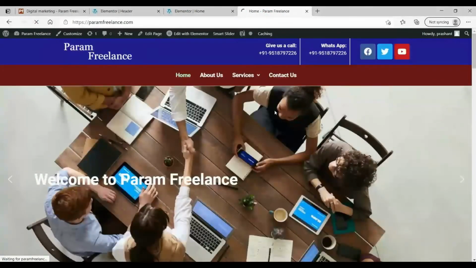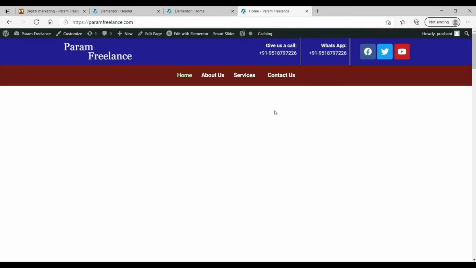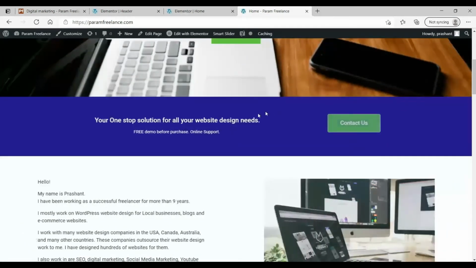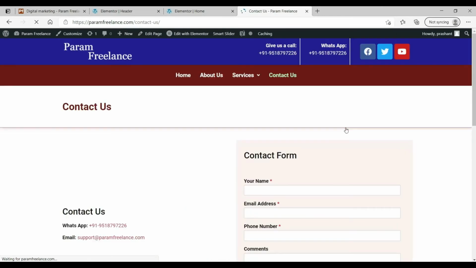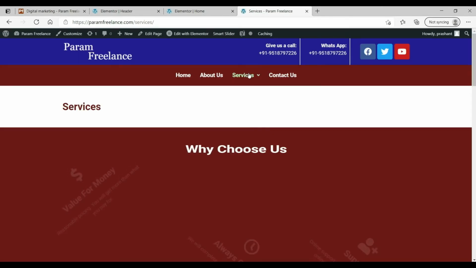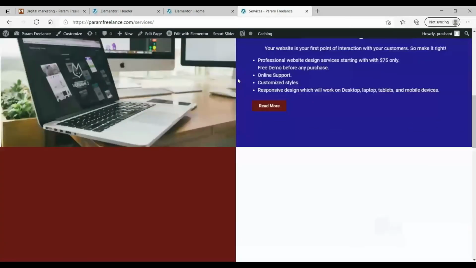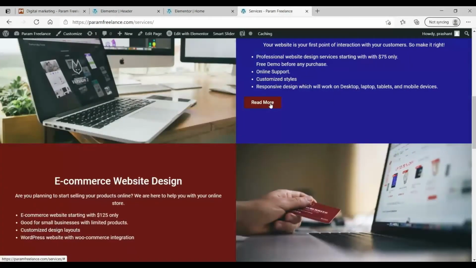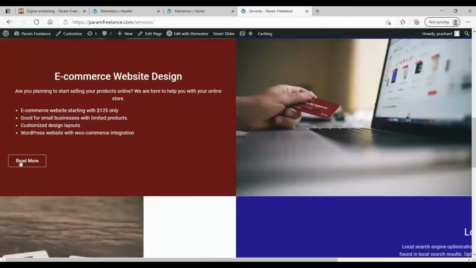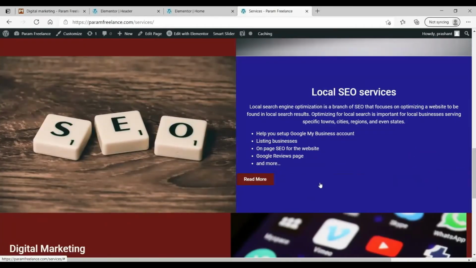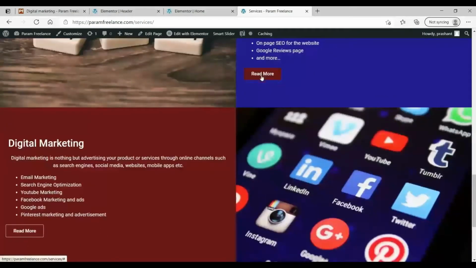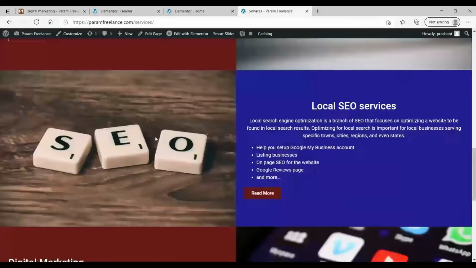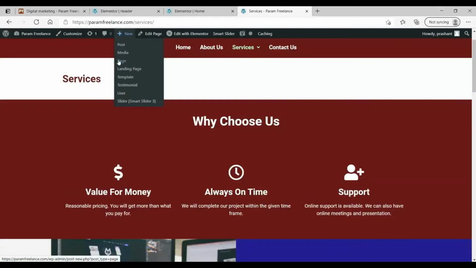Let's go ahead and refresh this page. Alright, now you see this contact button. When we click it, it will go to the contact page now. Now you will need to do the same thing on this services page also, because we have all the 4 services listed here and the buttons are not linked to the services pages. So you can do the same thing, just edit this page and enter the link, or update the buttons with the links.